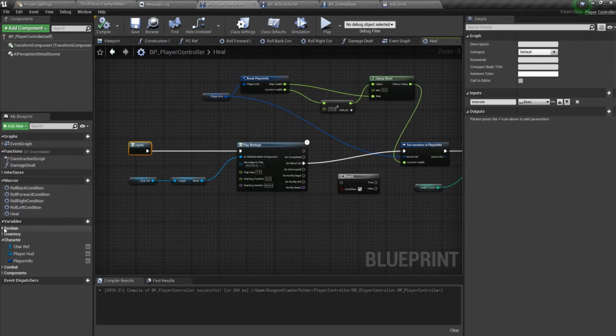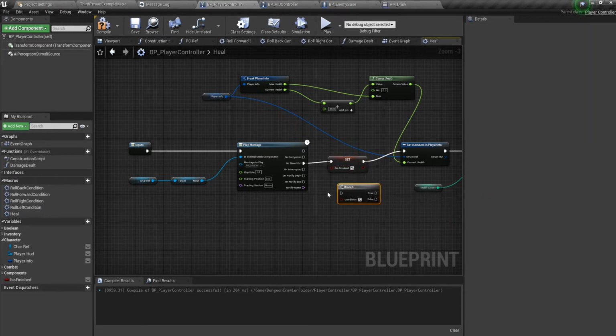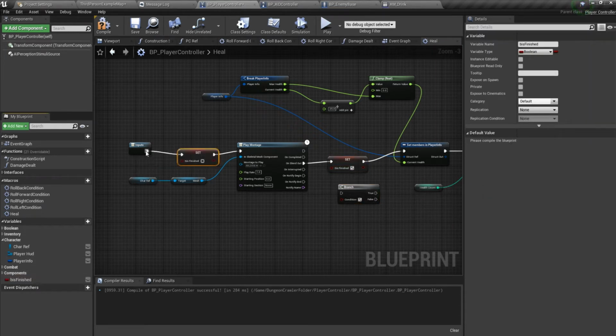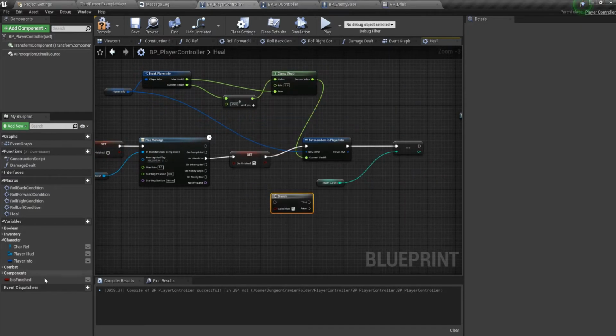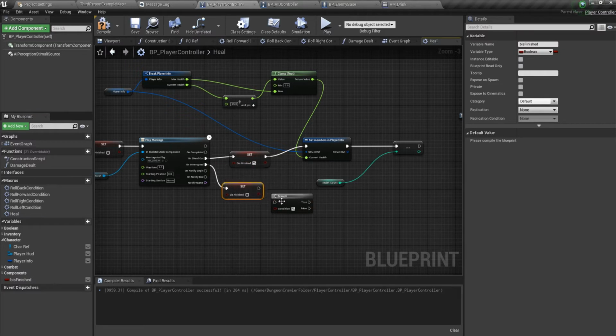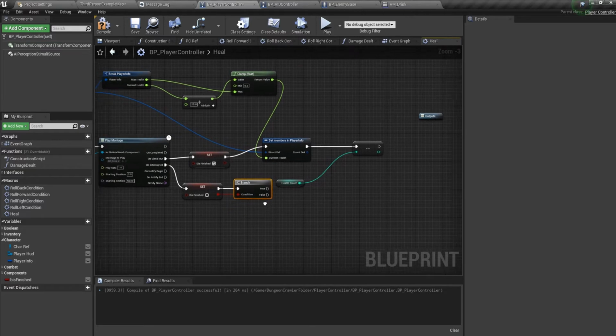So let's make a boolean. B is finished. So over here, B is finished to true. B is finished over here, it's false. And on interrupted, B is finished is false. So if this is false, yeah,